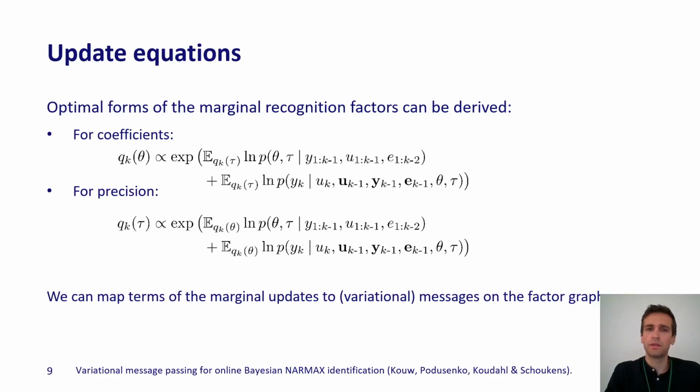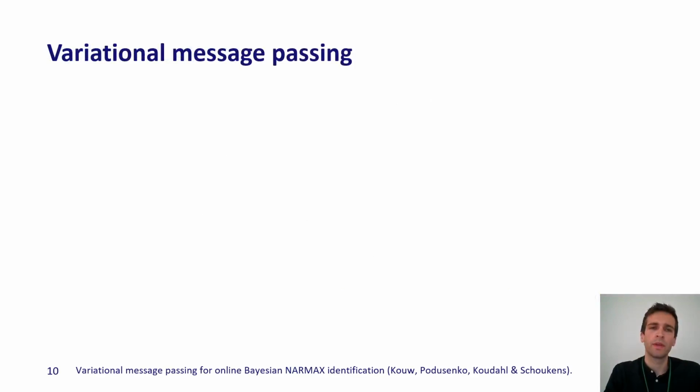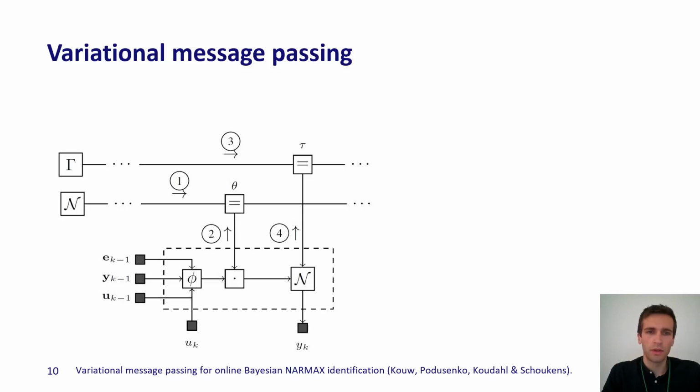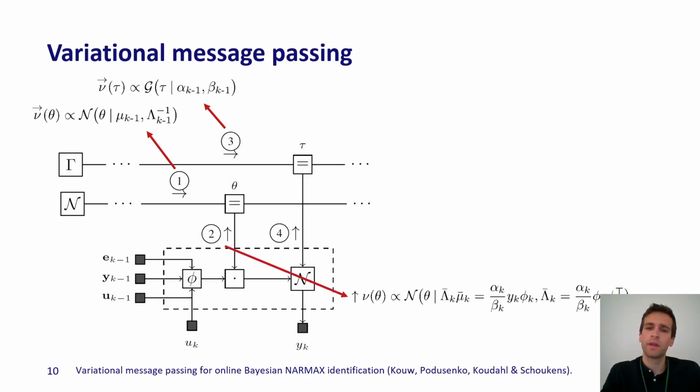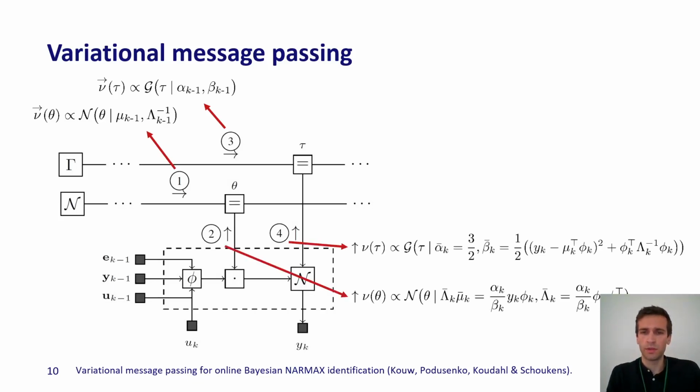How do you actually compute all of this efficiently? Well, we can map terms of these update equations to specific locations in the factor graph, and that means that we are doing variational message passing. So it looks like this. Here we've highlighted 4 messages, 1, 2, 3, and 4. 1 and 3 are the recognition factors from the previous time point. They represent the priors. And 2 and 4 are the contributions of the new data coming in, and they form, again, Gaussian and gamma distributed